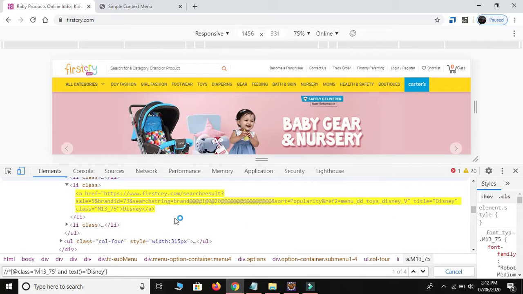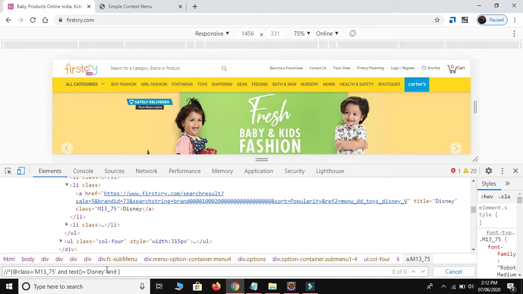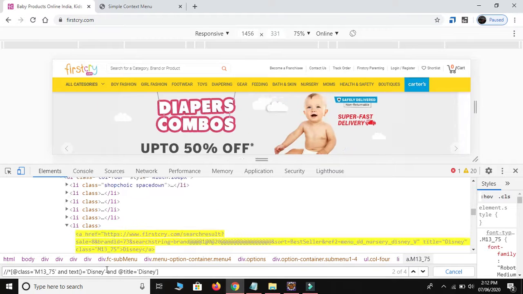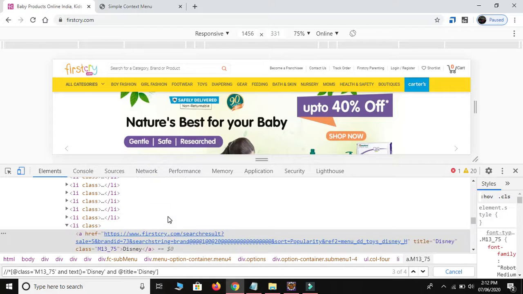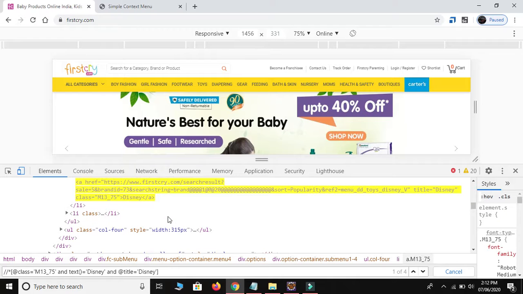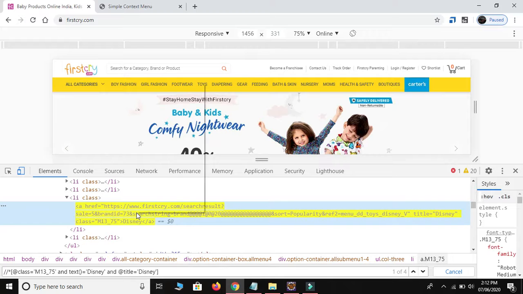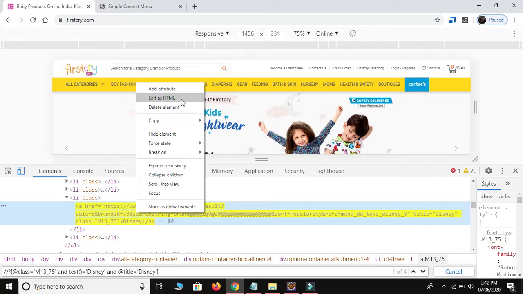So I will use this title also. Title is equal to again Disney, and sorry, @title, because title is an attribute. So we use @title is equal to Disney. Again 1 of 4. So yeah, let me edit as HTML.